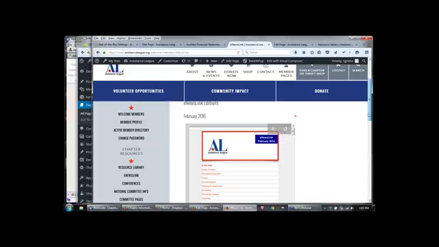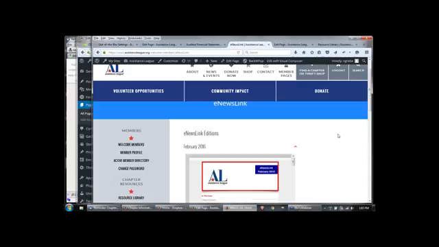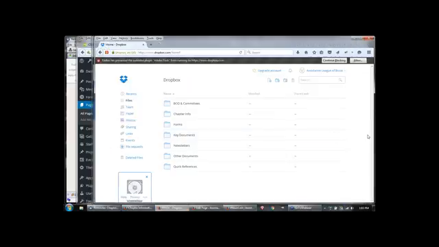So these are all the things you can do with out of the box. To do this, though, you have to have a Dropbox account or a Google Drive account where you store your documents. So I have created an Assistance League of Boise Dropbox account. You do it with an email address. It's tied to an email address as your login, and then you set up a password. It's very simple to set up,